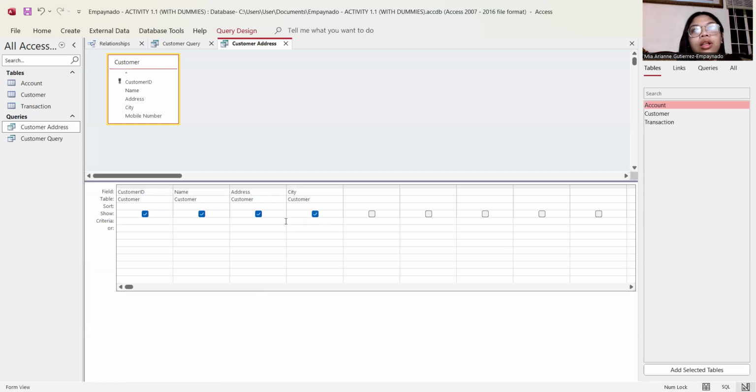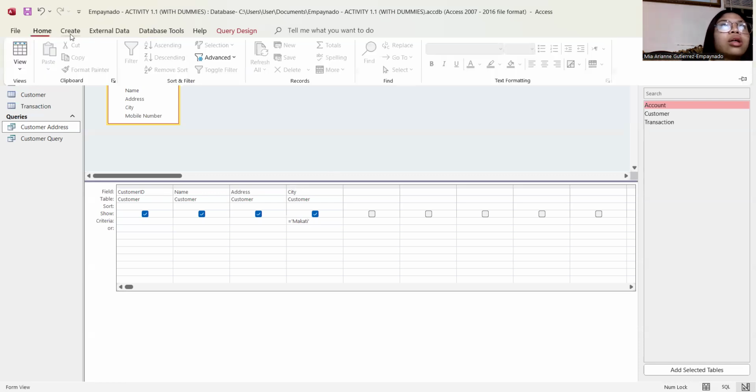For example, since I already picked this one, if I need the city of the customer, I can just type the equal sign, then click this, type Makati, and close it.